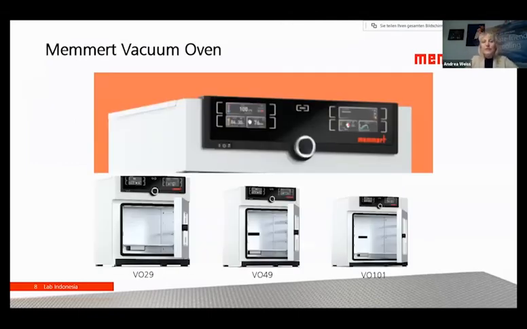When we go further, we have been talking about drying procedures, drying with vacuum oven. Let me introduce to you the Memmert vacuum oven. Memmert vacuum oven, we have 3 different sizes. The VO29, which has 29 liters, VO49, which has 49 liters, and VO101, which has 101 liter content and volume